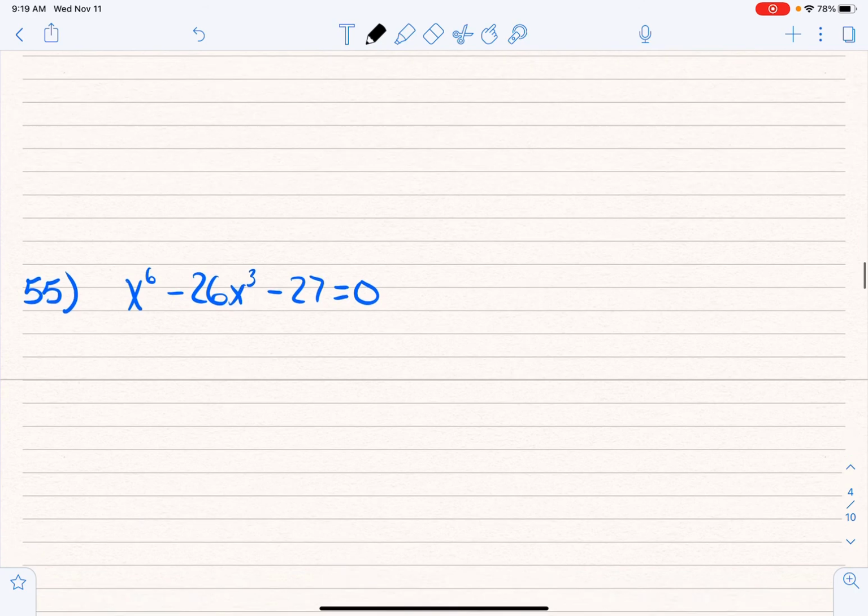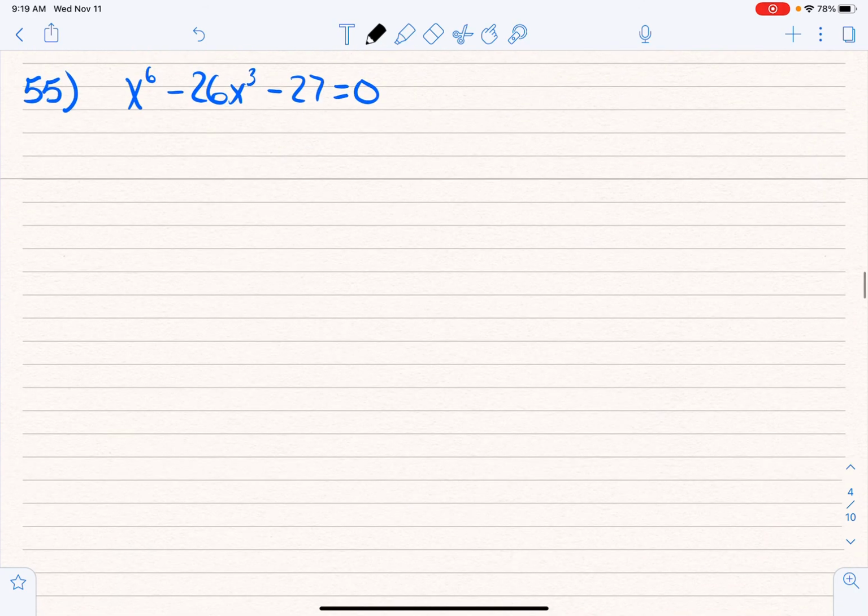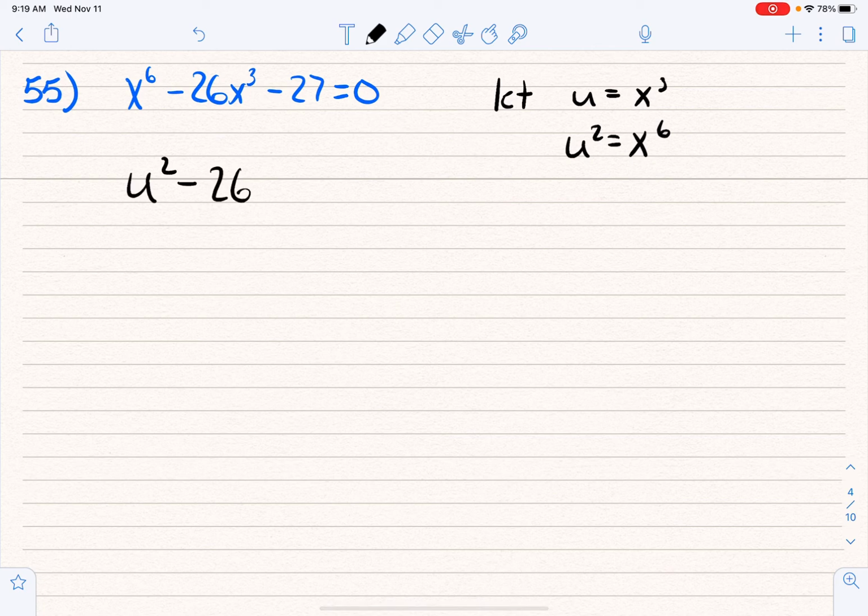All right, and last problem. This one right here, we're going to say, let's let u equal x to the third. So therefore, u squared is going to be x to the sixth. All right. We're going to have u squared minus 26u minus 27 is equal to 0, which could factor down